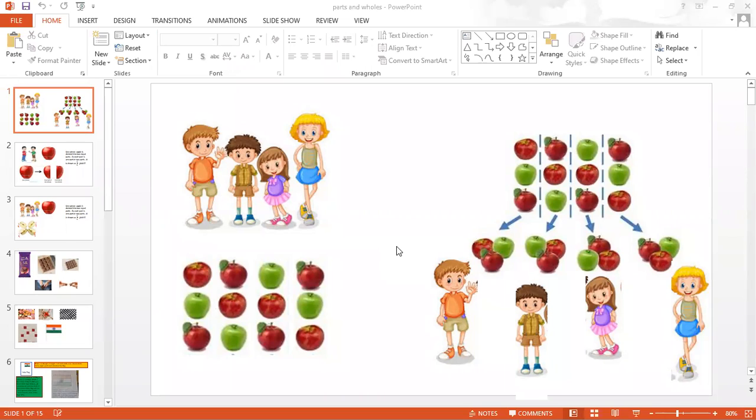You can see the total apples and students, and side by side how the fruits are divided. 3 fruits made one group and given to the students. So 12 fruits are there. You have to divide them among 4 students. 12 divided by 4, that is 3. So out of 12, 3 fruits to each student. Out of 12, 3. So that is 3 by 12. Out of 12, 3 made a group.